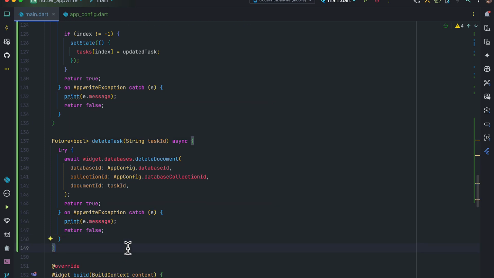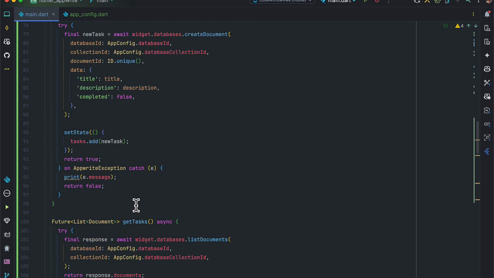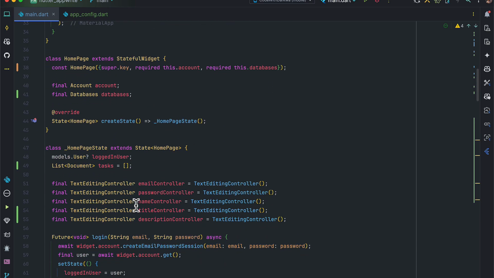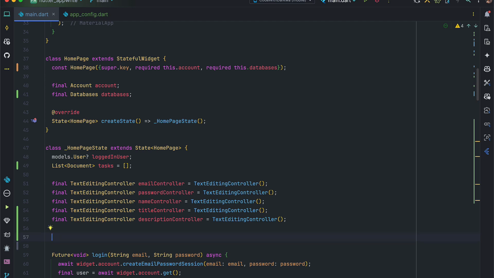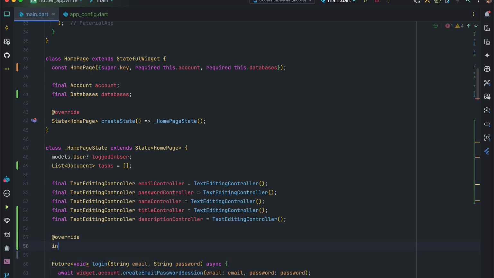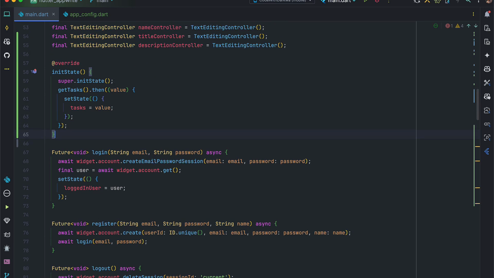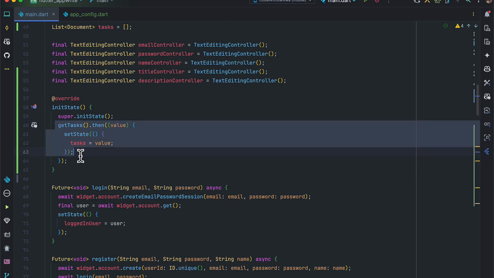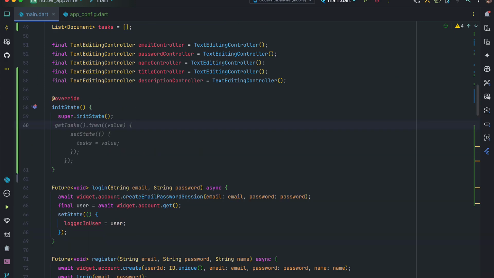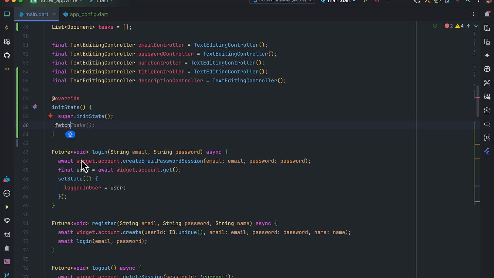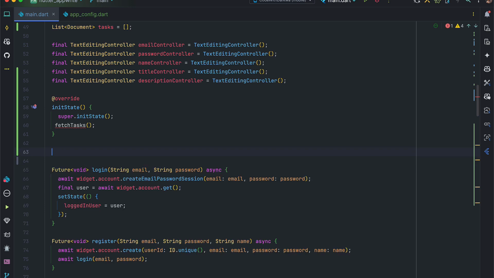Yeah, so those are the functionalities for creating a task, getting a task, updating a task, and finally deletion of task. So the next step is to work with the UI. At the top over here, within our initState, let's initially fetch the tags once the app runs for the first time, and for that I'll be creating a function in the initState that will fetch our tags. So below over here I'll be creating a function that will fetch our tags, and it's going to be of type Future